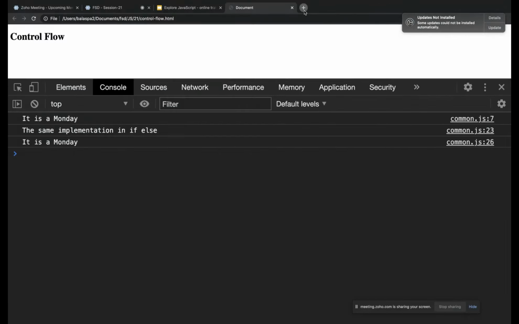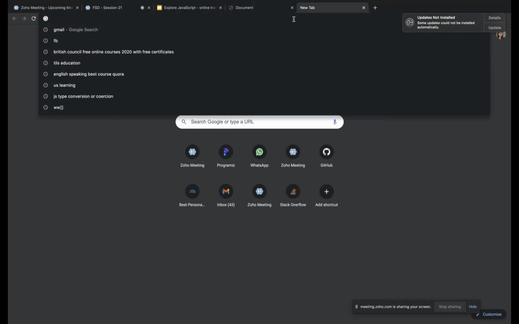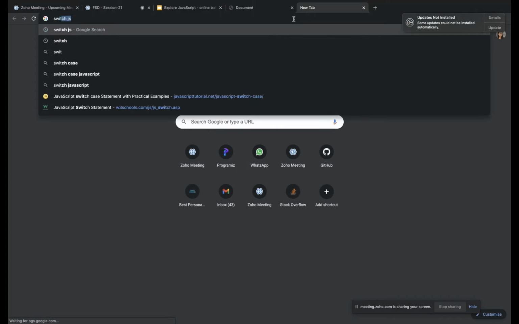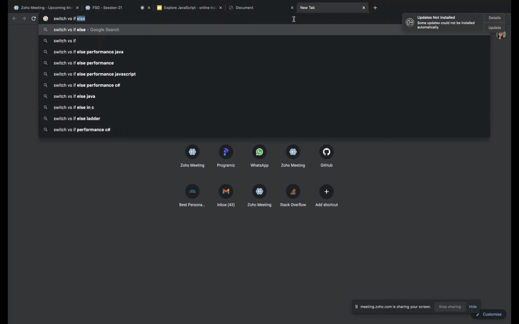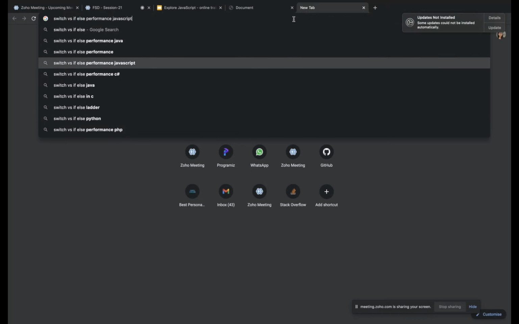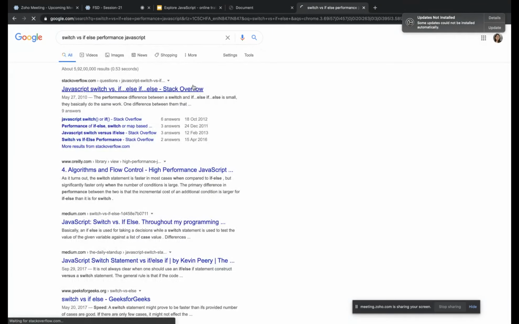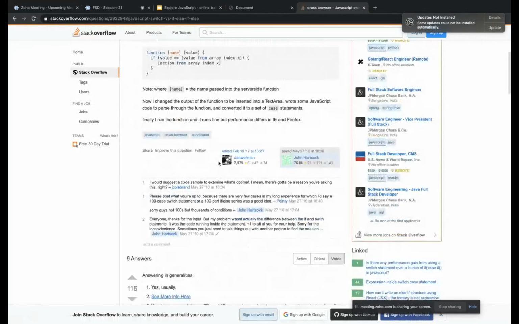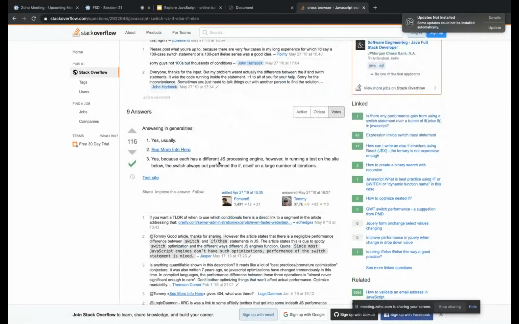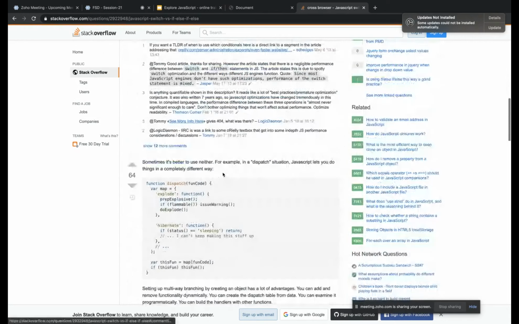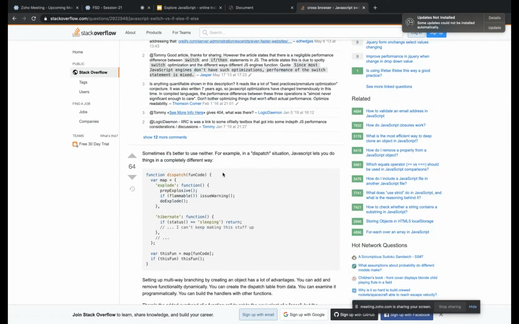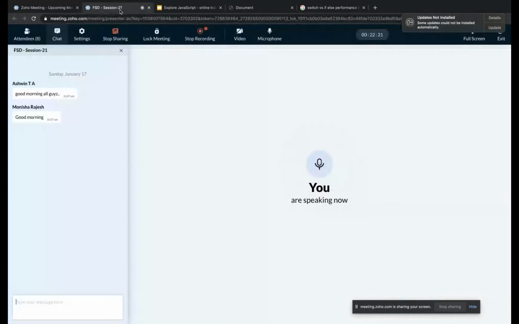I want to check one other thing also, whether performance wise it has any difference. Searching for if else performance JavaScript. They are saying switch always outperforms if else if on a larger number of iterations. They are giving another example.